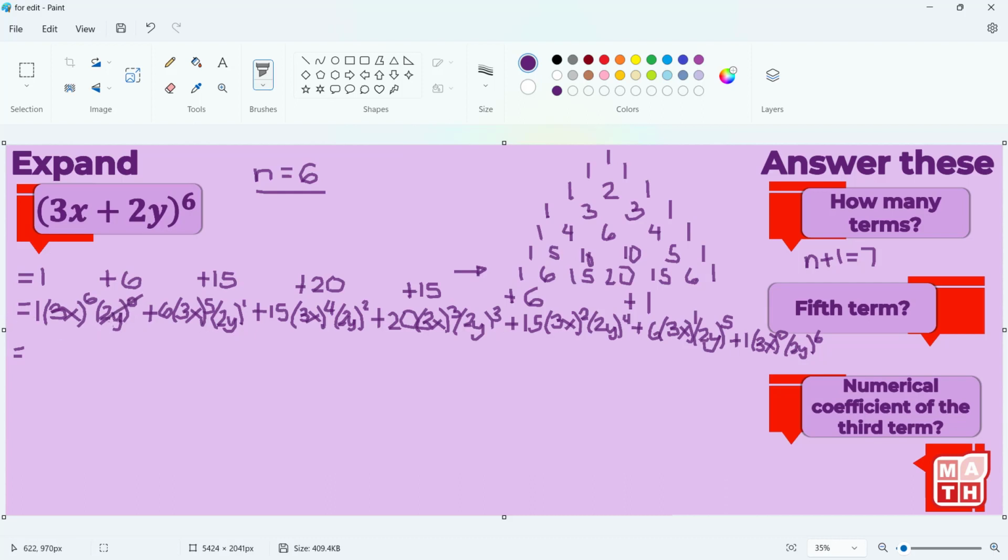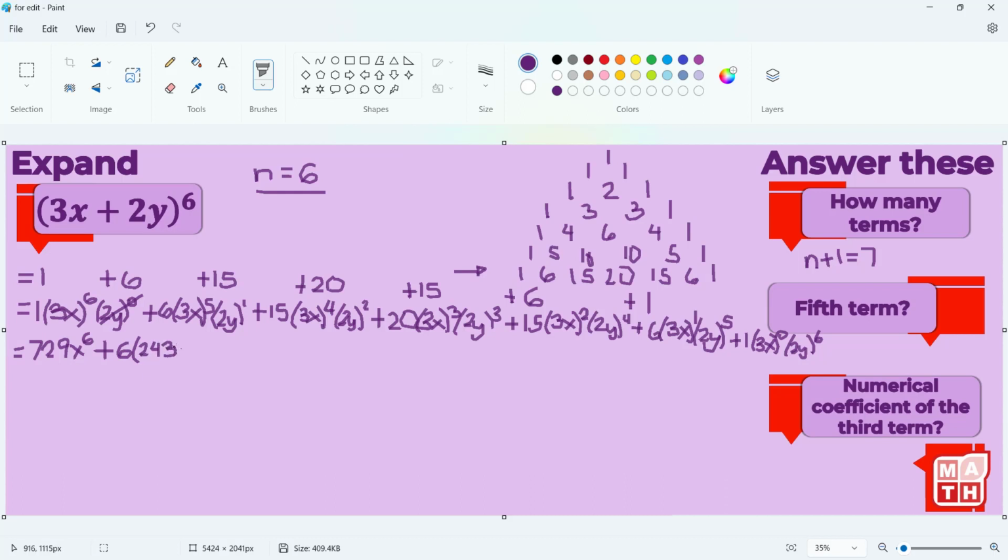Any expression raised to power 0 is 1. So we have here 3 to the power of 6. So you have 3 times 3, that's 9, times 3, 27, times 3 is 81, times 3 is 243, times 3, that's 729, x to the power of 6. Okay? You might want to use your calculator for this, but let me just show you the rest of the process here. 3 is again